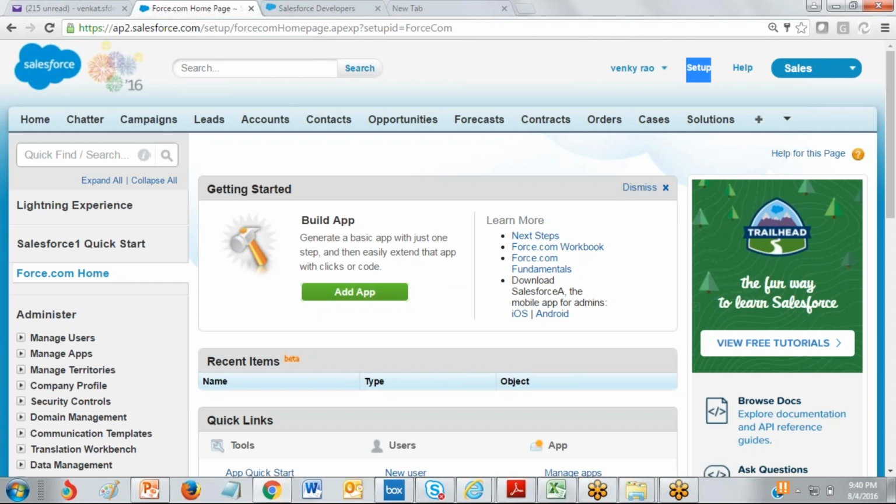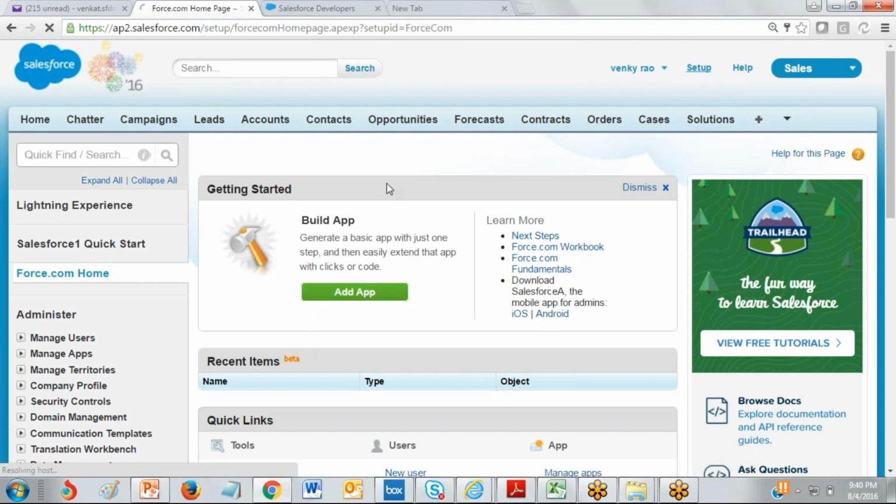Coming to the cloud-based application, they provide a link. Through that link, we invoke the exe files, and through those exe files we create or customize the standard application of Salesforce. Here force.com is nothing but a setup.